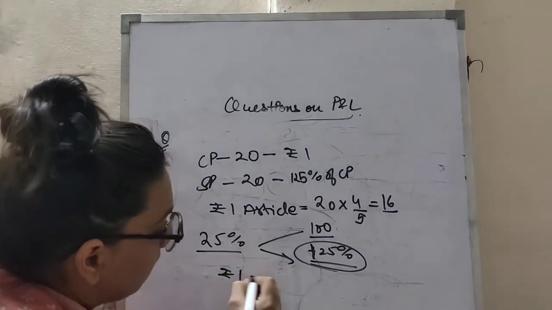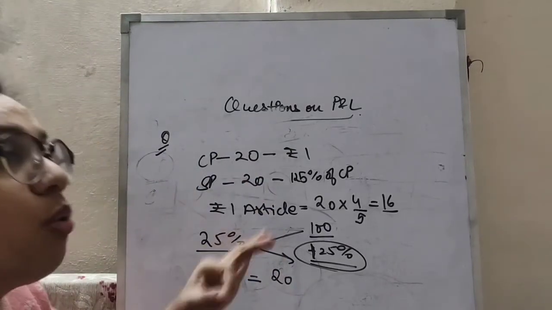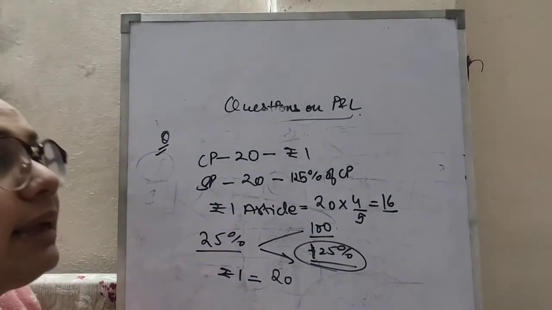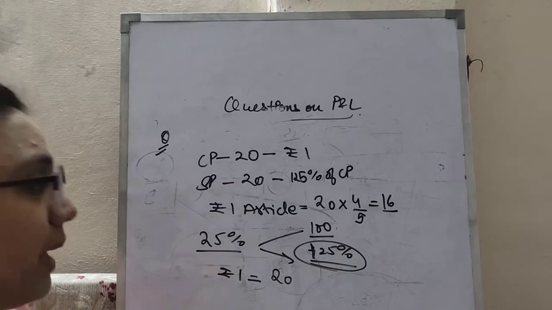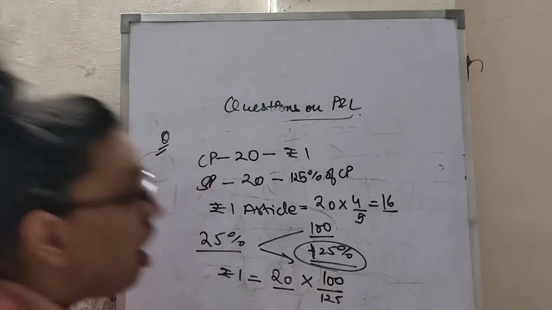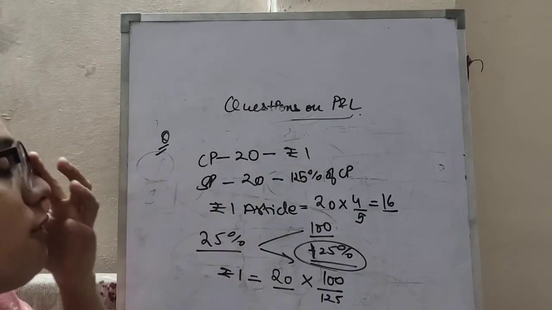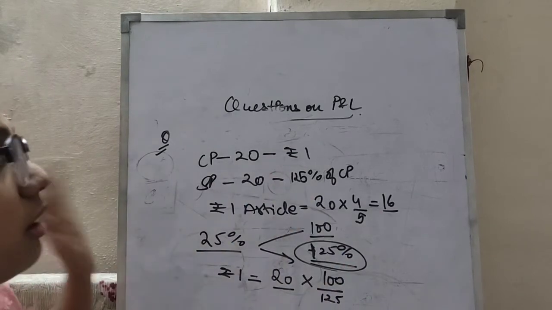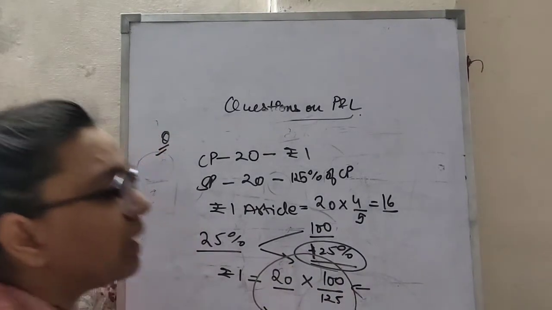Okay, so this will be equal to, you are given 20 articles of rupees 1. You are given price here. You are asked what will be the quantity that will be sold at rupees 1. Okay, so 20 into 100 by 125. Earlier we were saying that 20 articles will cost 1 rupees, but now you have to calculate if you are having 25% of gain, then what will be your quantity that you will be selling for rupees 1. So this is the direct formula that you can use.